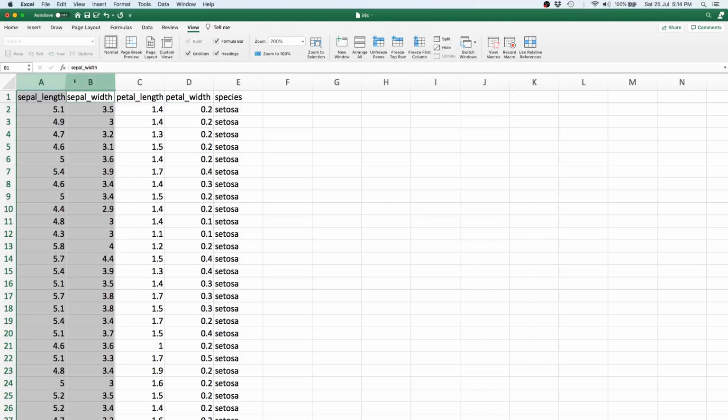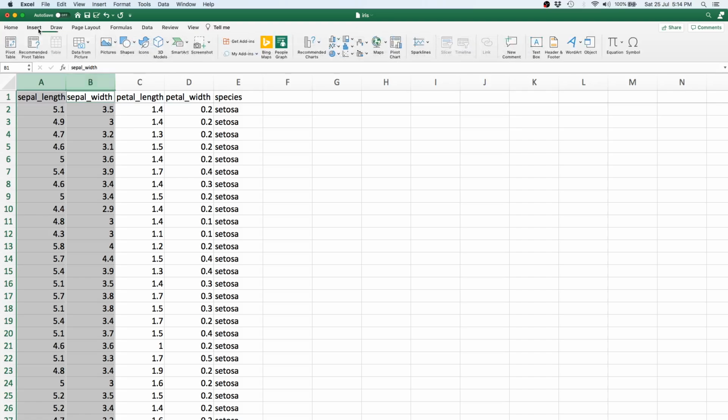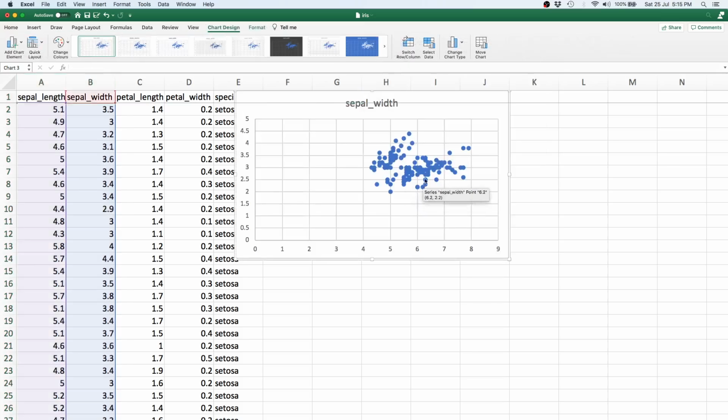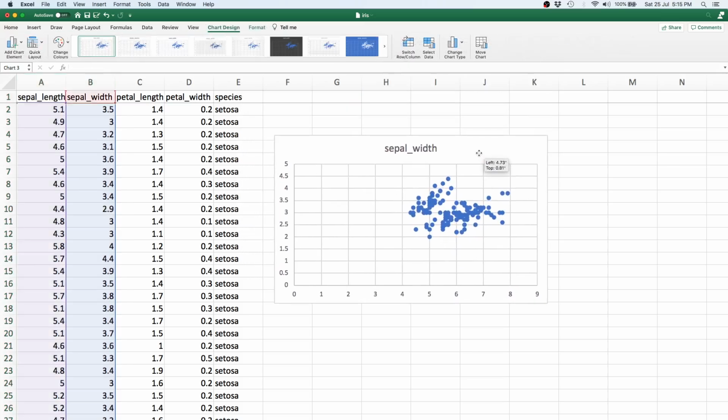So we have selected these two columns, and since scatter plot is a chart, we can just go to the insert tab over here and then click on this particular button here, which simply says XY scatter. So we just click on this and there we have it. This is basically the scatter plot of sepal length versus sepal width. And you might have expected that if sepal length grows, then sepal width also grows, but that doesn't seem to be the case over here.